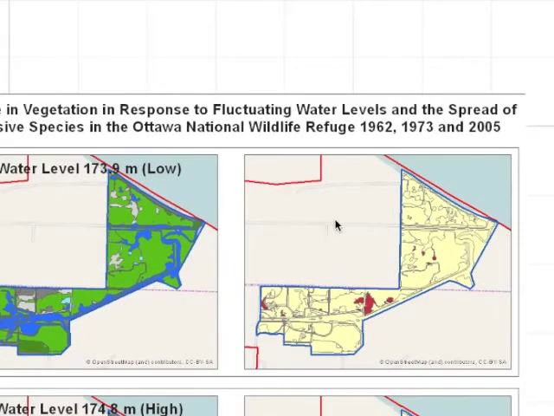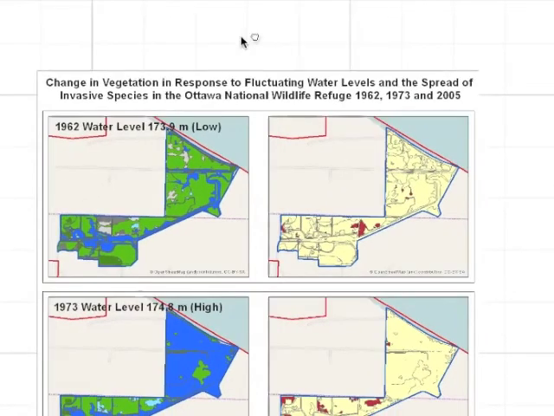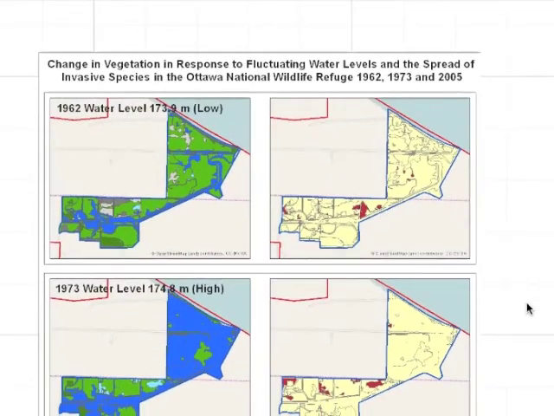Well, one thing that's nice to see, and you're seeing it here, and you saw it in the Elastics example, is that the student really did take some time with the title, and try to add more information, utilizing that space to better inform their audience as to what they were going to be viewing in their maps here. Yeah, I think this is a great title. It's the first one I've seen where it talks about vegetation response to fluctuating water levels and the spread of invasive species